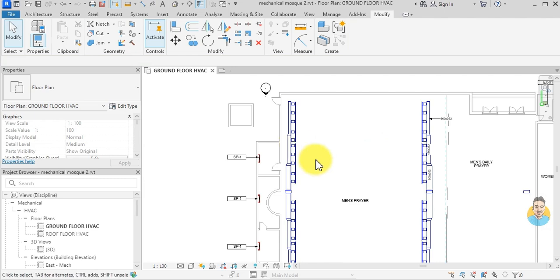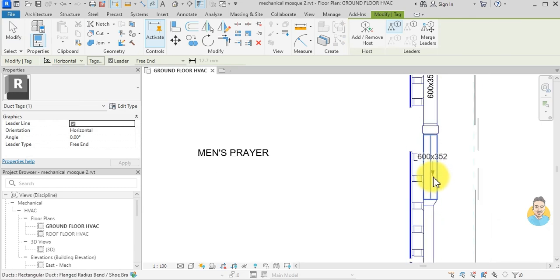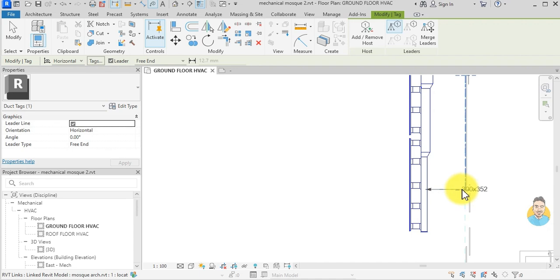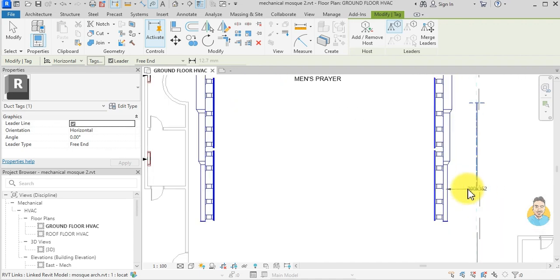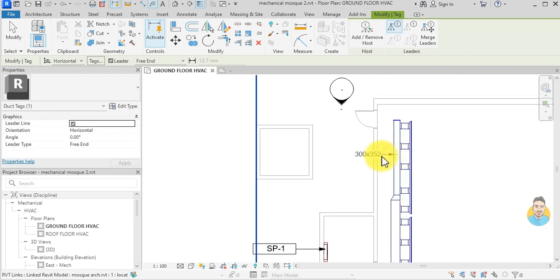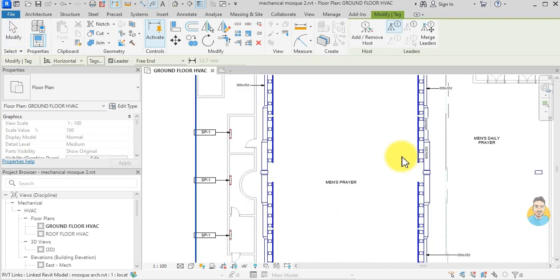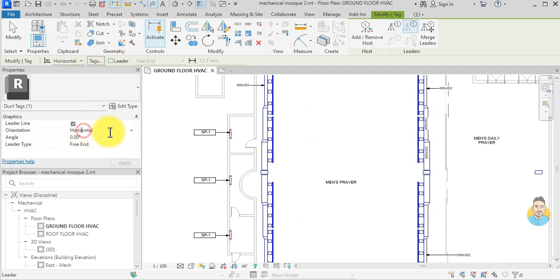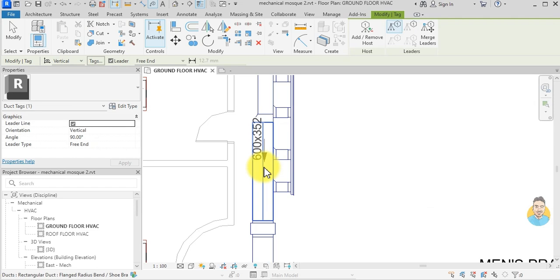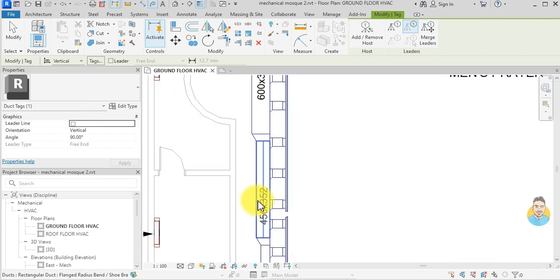I do the same thing for the other one, CS. Okay, so this one needs a leader. And this one also. And this one. And TG for tag, I need one without a leader and one that's vertical, and I need it without a leader, and I need to put it here and here and here and here,